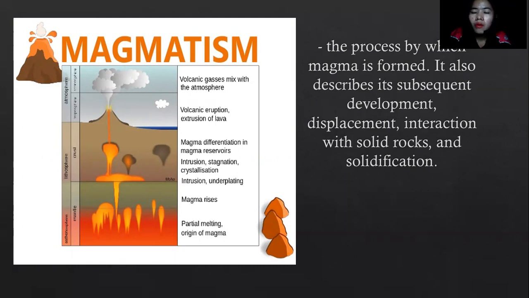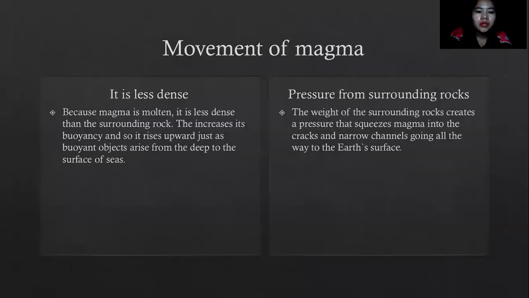So, and also in Hawaii, because it is the center or what we call the hotspot, maghahanap talaga yung magma or yung pressure inside para lumabas. That's the reason why ang daming active volcano sa Hawaii. So movement of magma, because magma is molten, less dense, it increases its buoyancy. Kumbaga yung kagaanon, then it rises upward. So it happens in seafloor spreading. So when the seafloor spreads, the less dense material rises upward.